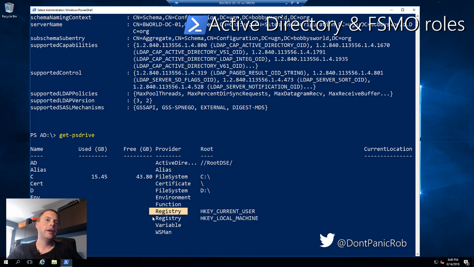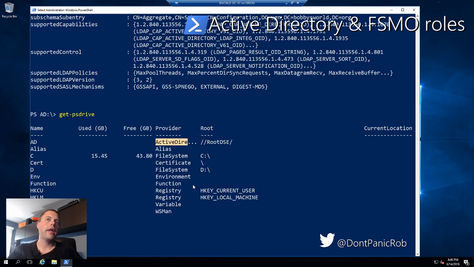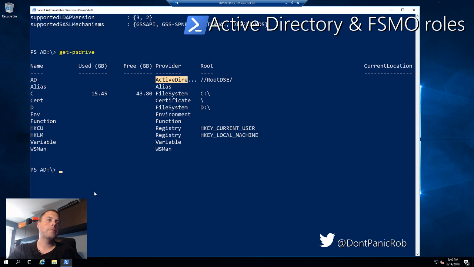You can go into the various registries as drives. You can go into the WSMan as drives. You can even go into Active Directory. And so that's what I did here. I basically did set location and then AD:/ for Active Directory. If I wanted to go into HK current user, I would do set location and do HKCU:/